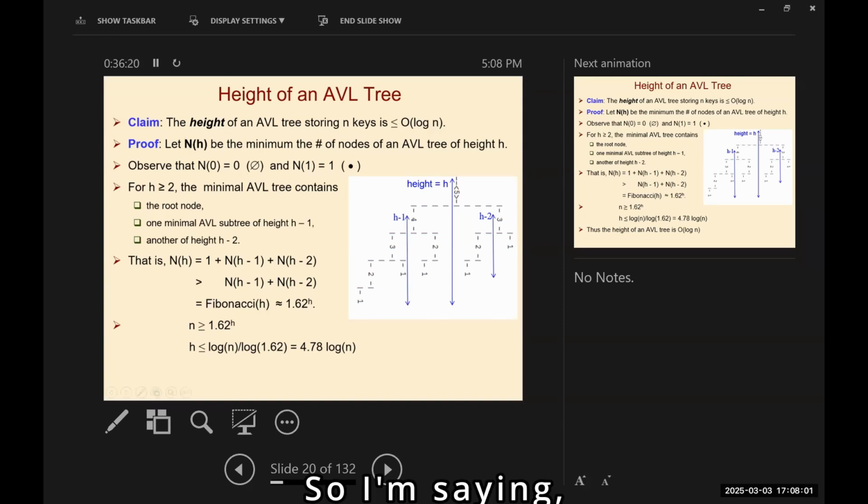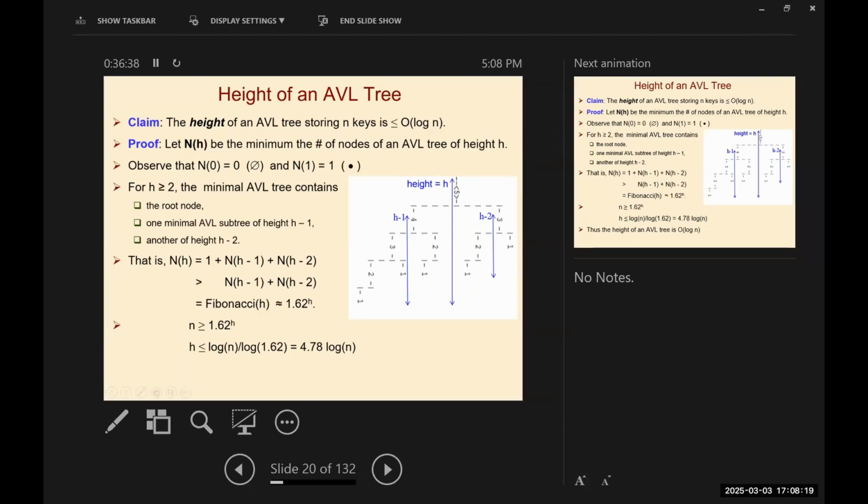So I'm saying, give me an AVL tree that has height h, and as few nodes as possible. Well, because,